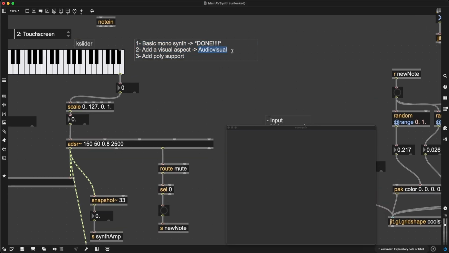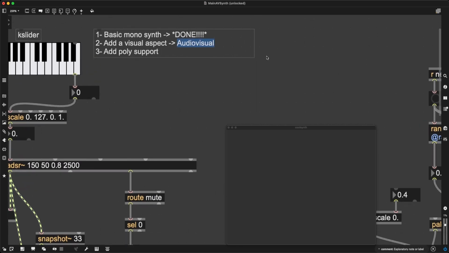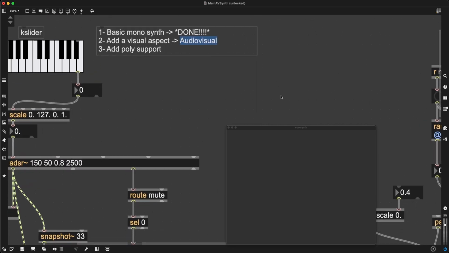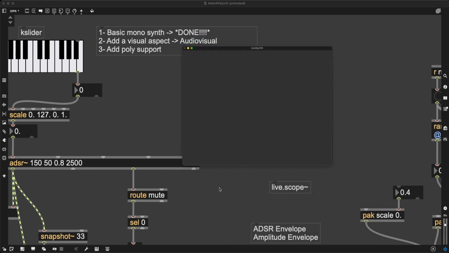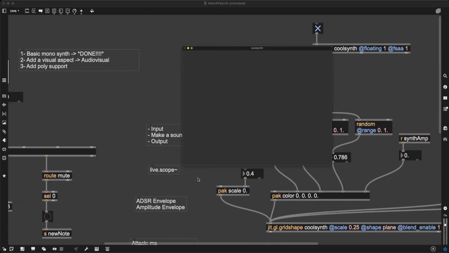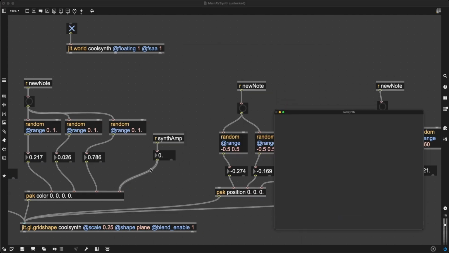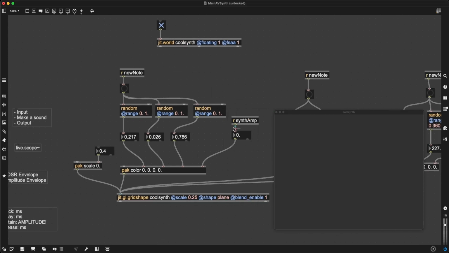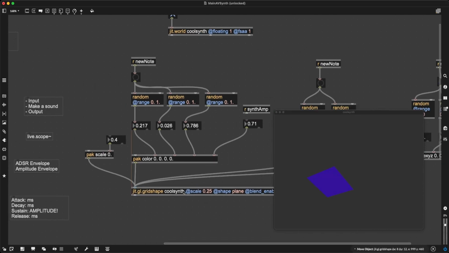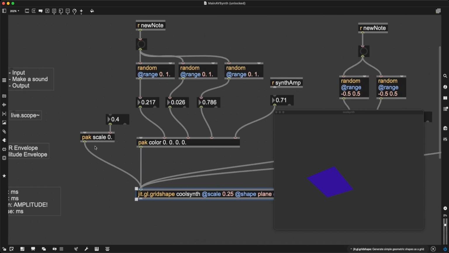Like when I create audiovisual compositions myself, I actually do this a lot to figure out which kind of audiovisual system I'm going for to be creative in. So I just want to take another minute to add, let's say, one more thing. Right, and I first want to demonstrate what I'm going to do. So I'm going to forcefully make this shape more visible because I want to add to this JIT grid shape object a new object, so something new called